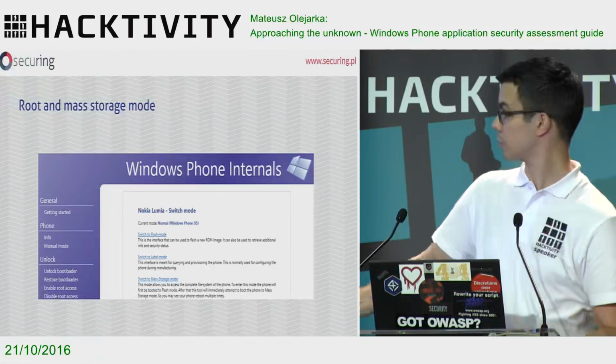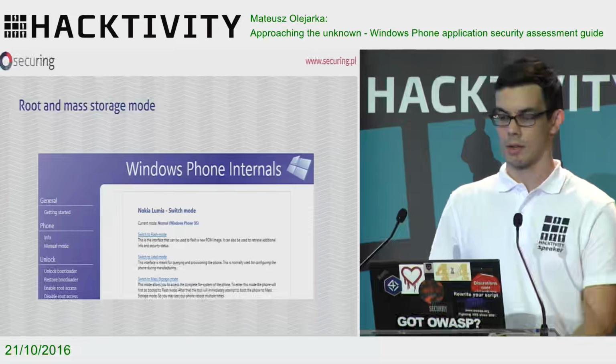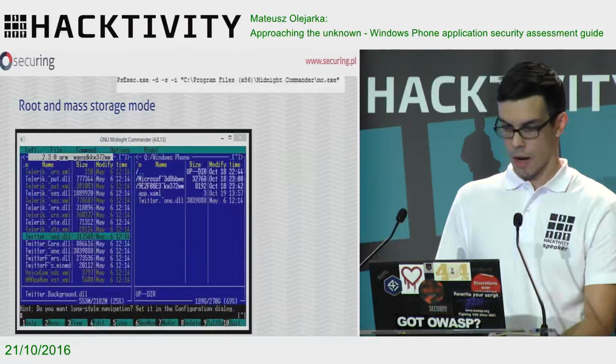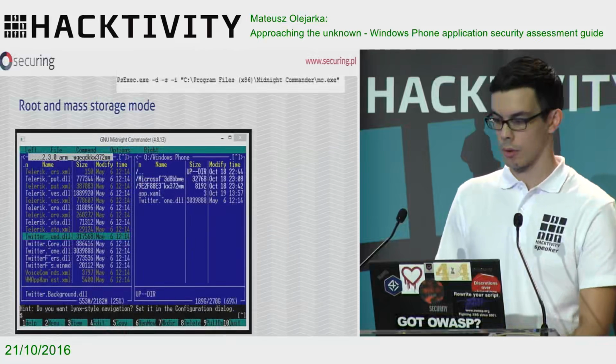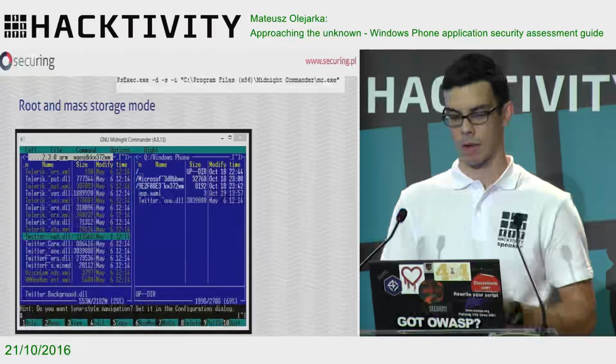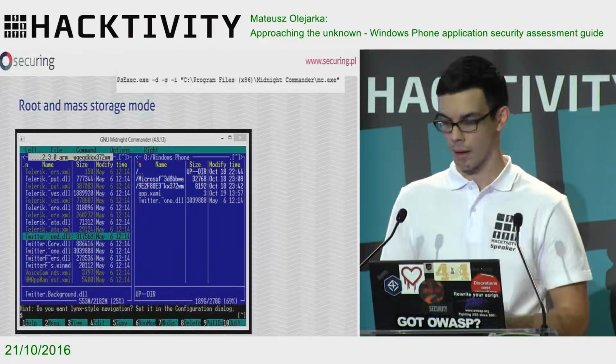This tool enables you to get access to grab assemblies or the isolated storage folder from the application itself. When you run it, this tool is cool, it's just point and click. You have to have your phone connected by USB to Windows, and that's it.